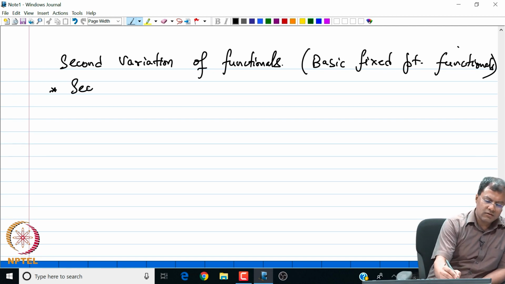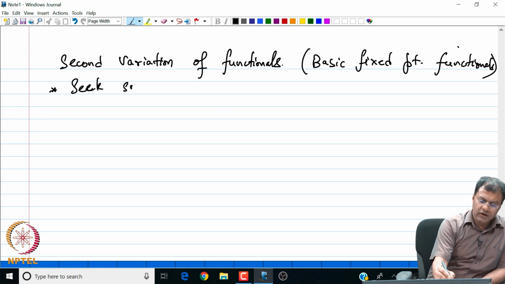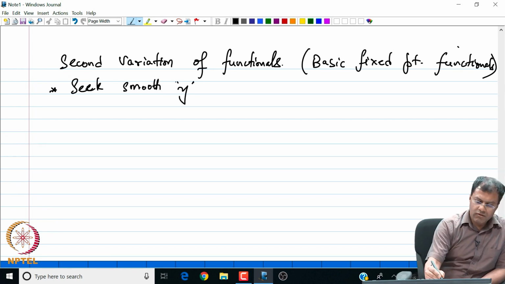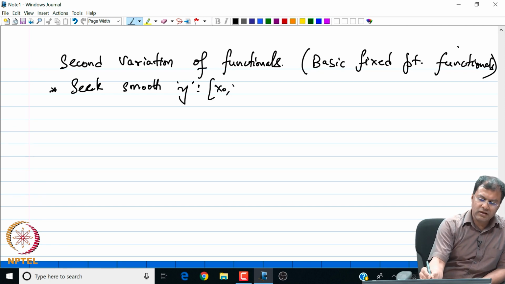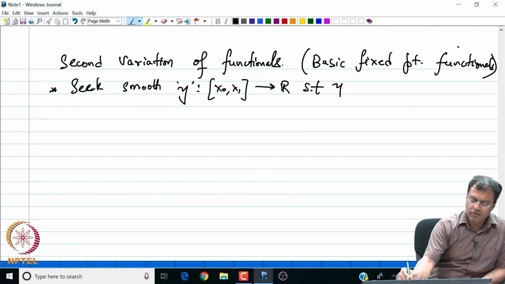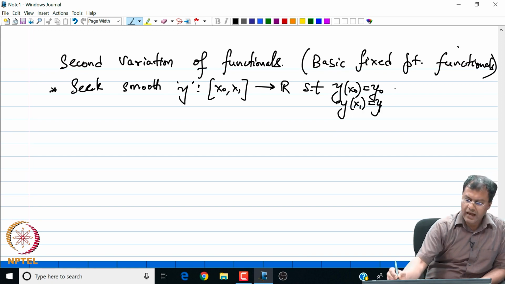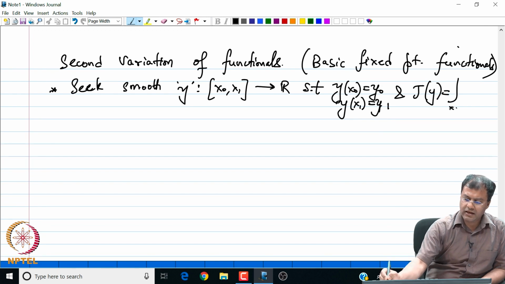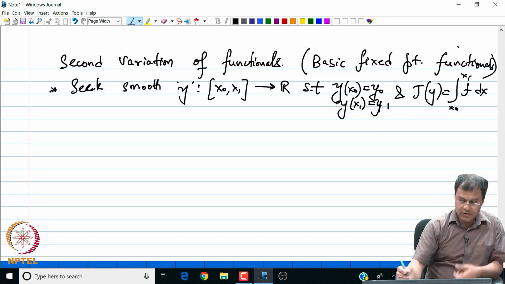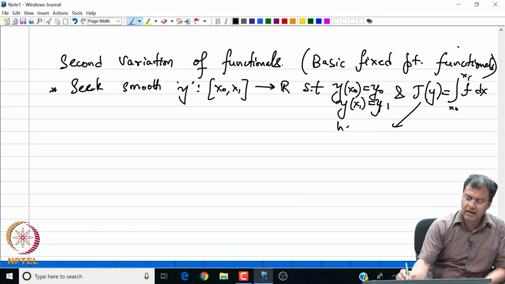We are seeking smooth functions y from the interval x0 to x1 to R such that y of x0 is y0 and y of x1 is y1, and such that the functional J of y, which is the integral from x0 to x1 of f dx, has an extremum